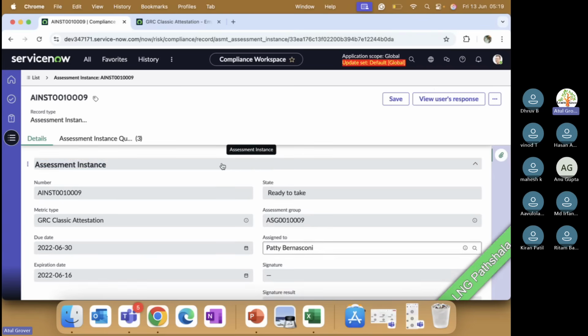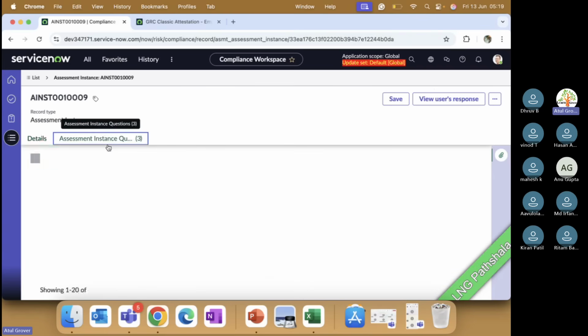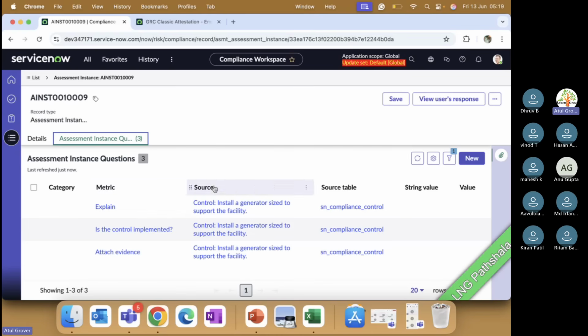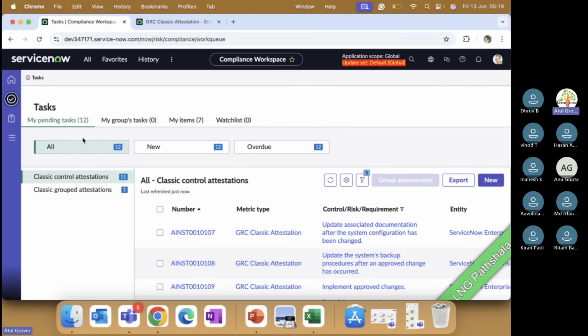Instance get generated, and this is all the classical one. And there are three questions. If I am a compliance user, I can go here as well, and I can see how many assessments are assigned to me. So if I just log in back here,